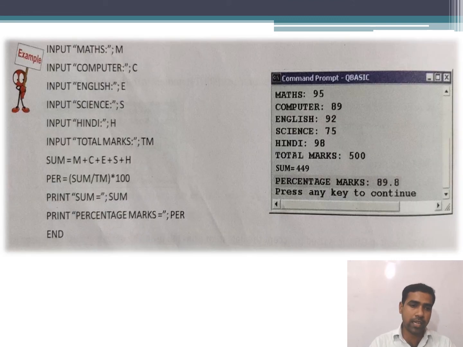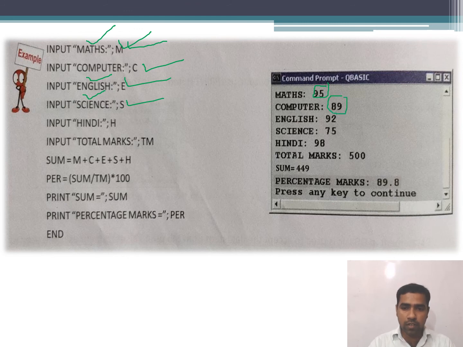For example, see here: input maths, M; input computer, C. This is the message and this is the variable. Here English is a message, then this is a variable. Science is a message, then this is the variable. So how will you get the output? Maths 95: this is the value you enter when it asks.